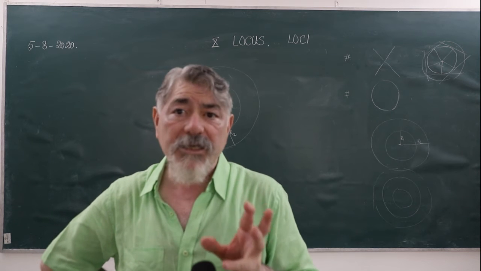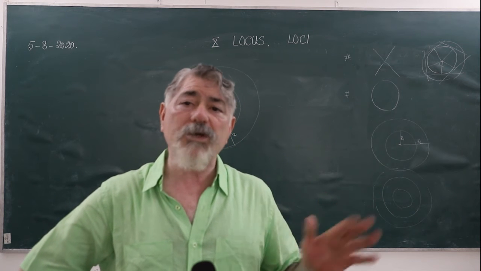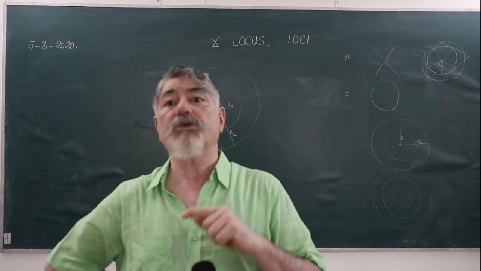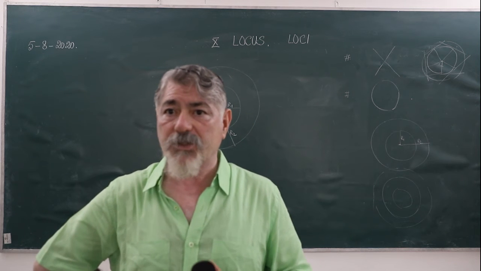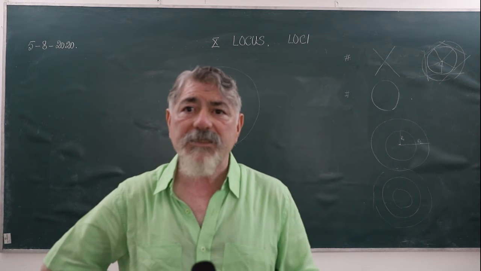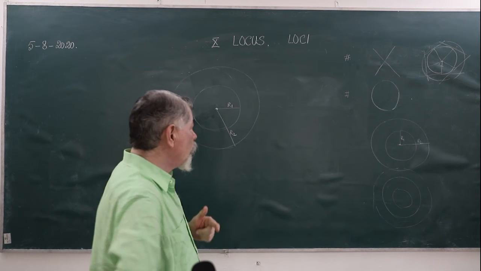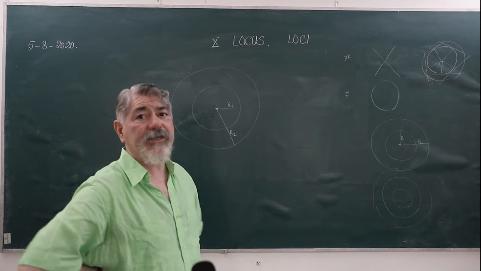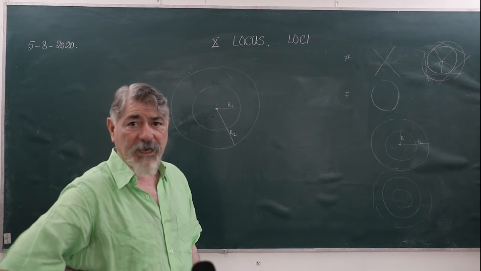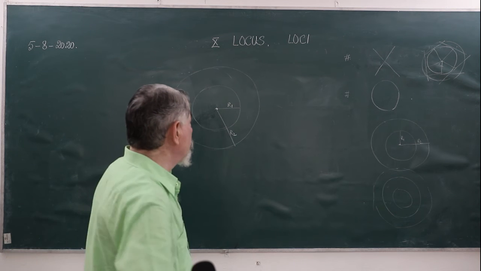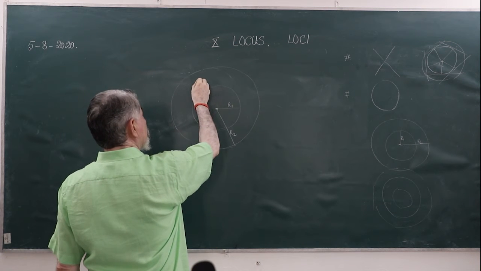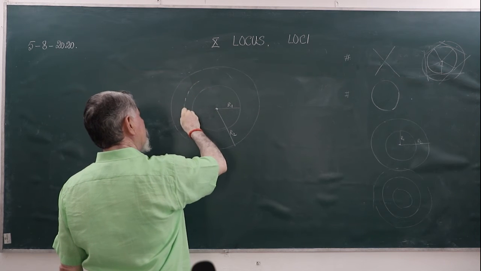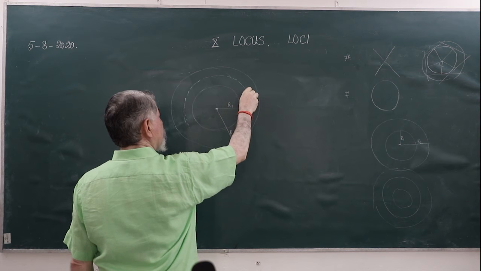Now, it is certain that that locus will also be a circle. But what kind of a circle will that be? It will also be a concentric circle. And what will be the radius? You just add R1 plus R2 divided by 2. That means you will have to draw a circle which is somewhere in between, equidistant between these two circles,